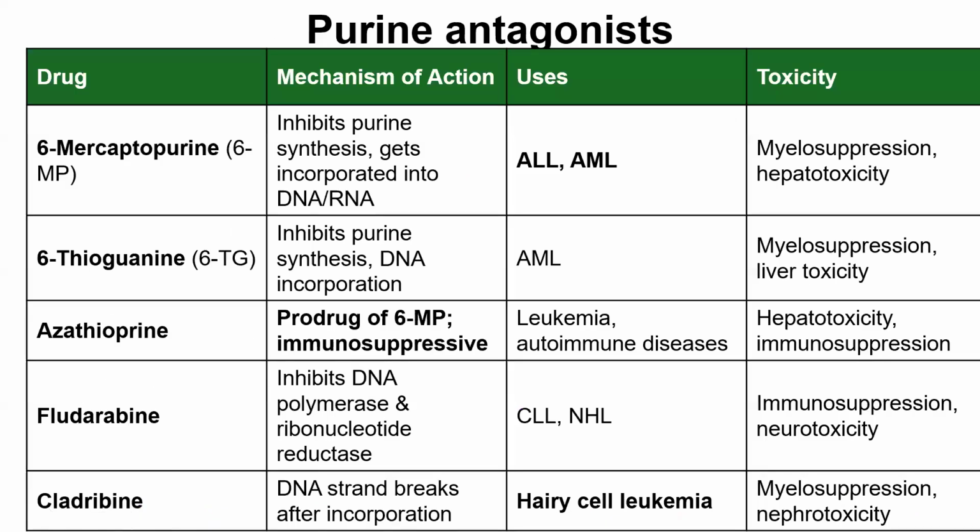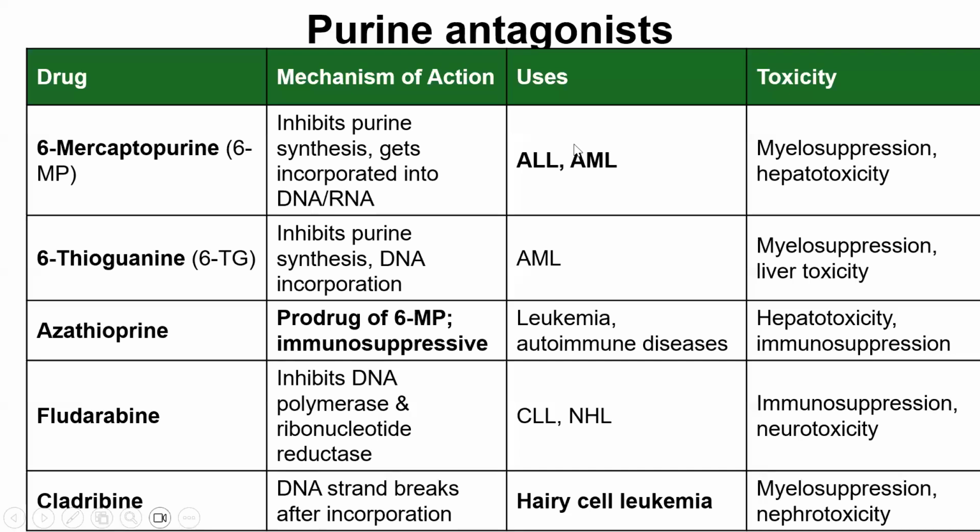Coming to purine antagonists, I have made it for purine and pyrimidine as a table. 6-mercaptopurine, 6-thioguanine, azathioprine. So try to remember all the drugs. Even if you don't know, all the drugs cause myelosuppression and hepatotoxicity mostly. So at least myelosuppression you can write for all anti-cancer drugs as an adverse effect, and